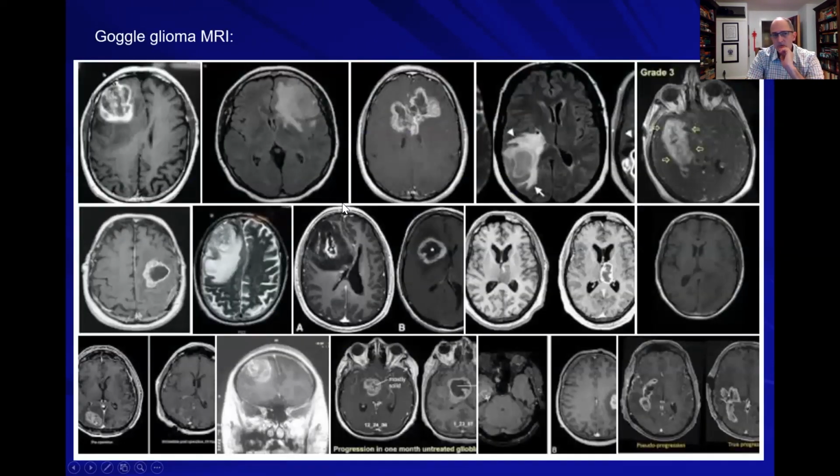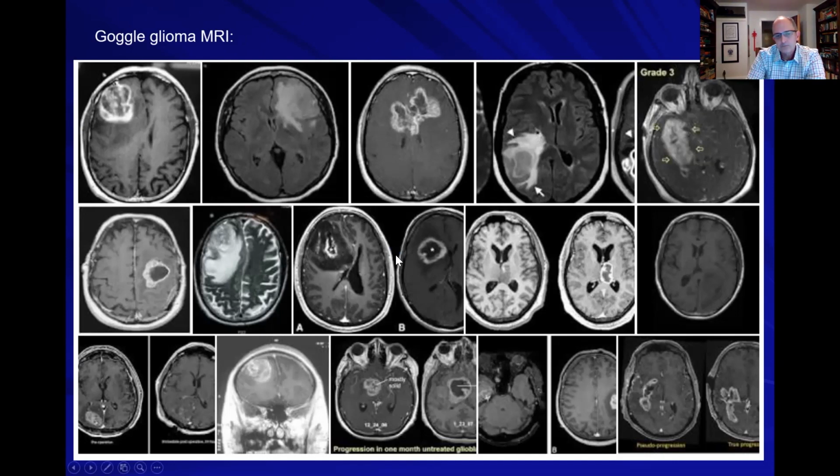If you just quickly Google glioma MRI, you're going to quickly get a sense of the diversity of tumors that are out there. So the way they present clinically, the way they look radiographically, and of course the types of glioma is incredibly diverse. So that's why we have a lot of colleagues out there who really focus just on gliomas and are truly glioma surgeons,